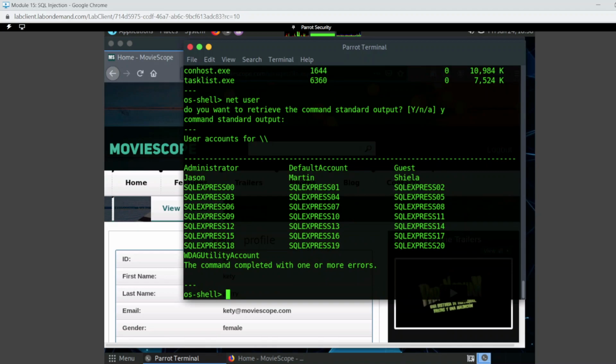Boom. So now, of course, stuff like this, we wouldn't really want to enumerate. We wouldn't want to waste our time. But we would definitely want to enumerate administrator, Jason, Martin, Sheila, as far as trying to get their passwords. Now, I'm not going to do any type of cracking here, but hopefully this has shown you that there's a lot of different stuff that you can really use just using SQL. Now, if we do net user Jason,